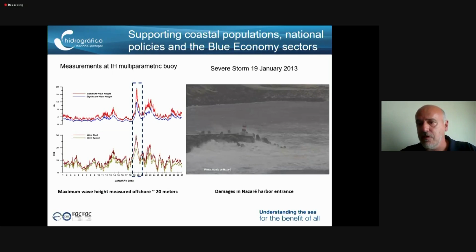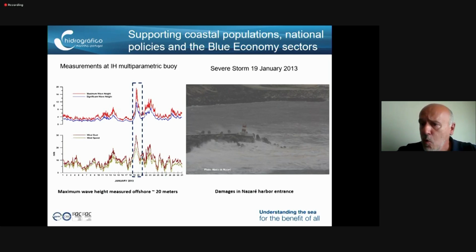Of course, this real-time monitoring infrastructure is also our main instrument for the support of the local communities, for the politics at national or local level, and also for the blue economy sectors. I present here, for example, measurements collected by one of our buoys offshore